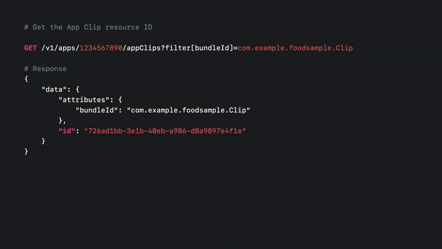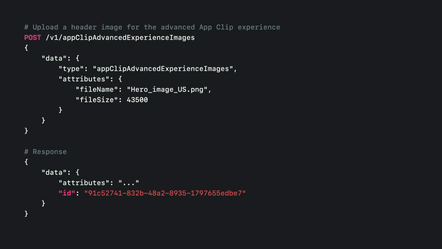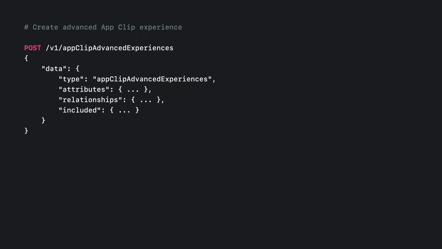First, let's find the resource ID for the app clip. Call the web API with your app's item ID and app clip bundle ID. And from the response, save the app clip resource ID for later. Next, upload a header image for the advanced app clip experience. Save the header image's resource ID for the next step. Last, with your app clip resource ID and your header image ID, we can now create your advanced app clip